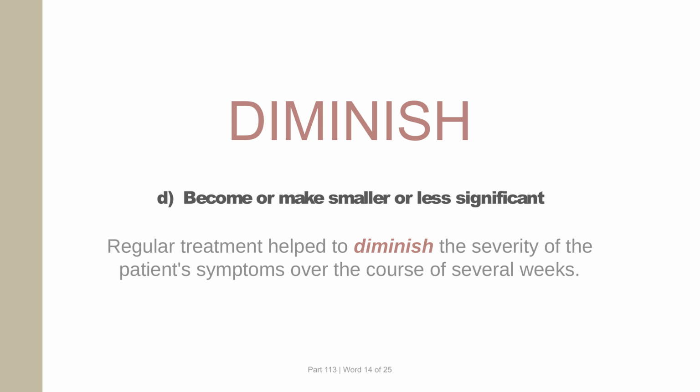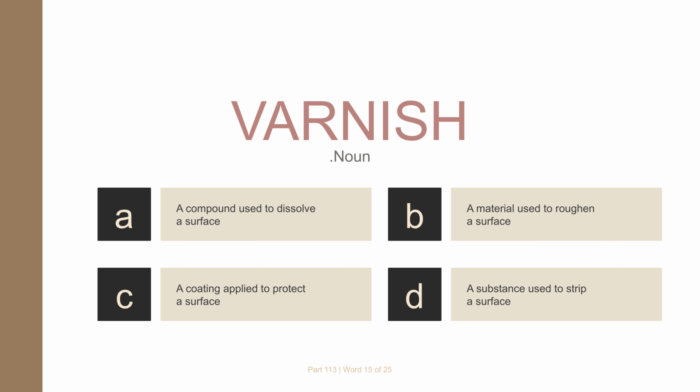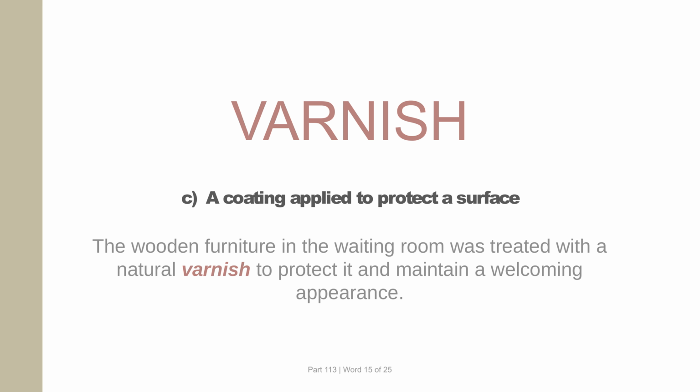Question 15. What is the meaning of varnish? Option A. A compound used to dissolve a surface. Option B. A material used to roughen a surface. Option C. A coating applied to protect a surface. Option D. A substance used to strip a surface. Correct answer, option C. The correct meaning of varnish is a coating applied to protect a surface. Example: the wooden furniture in the waiting room was treated with a natural varnish to protect it and maintain a